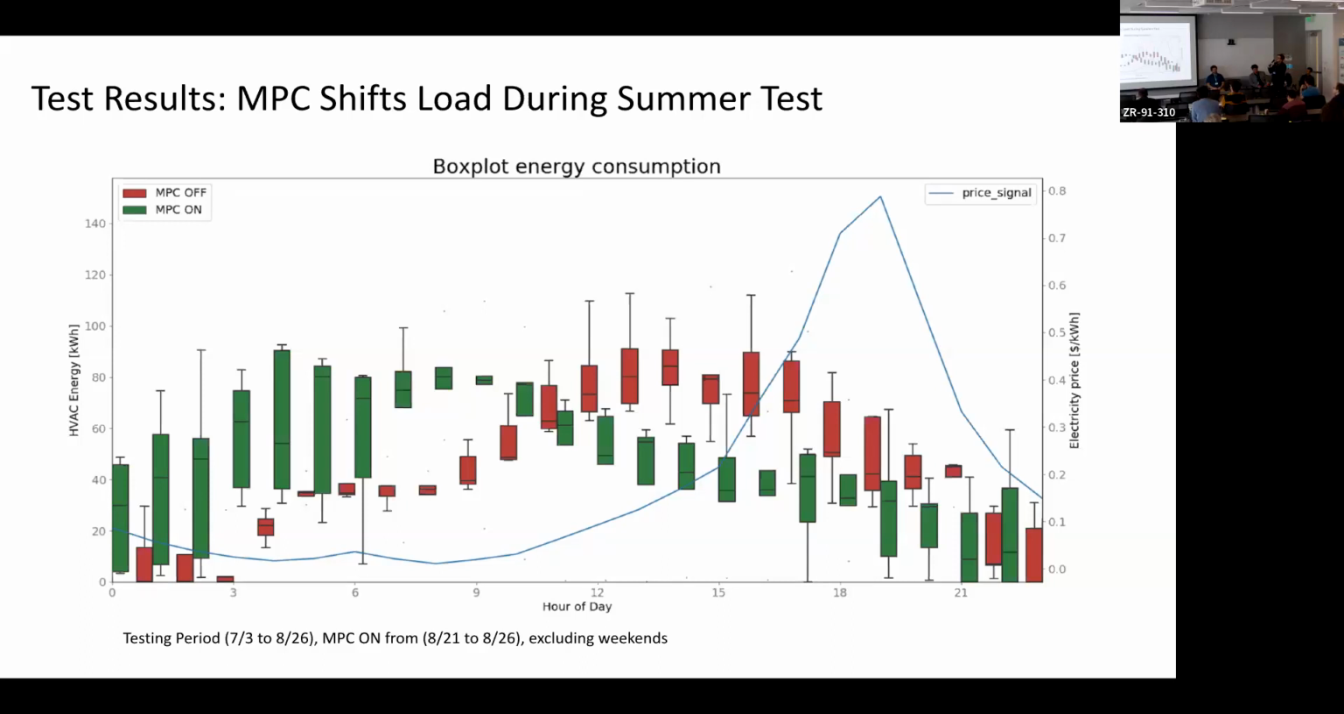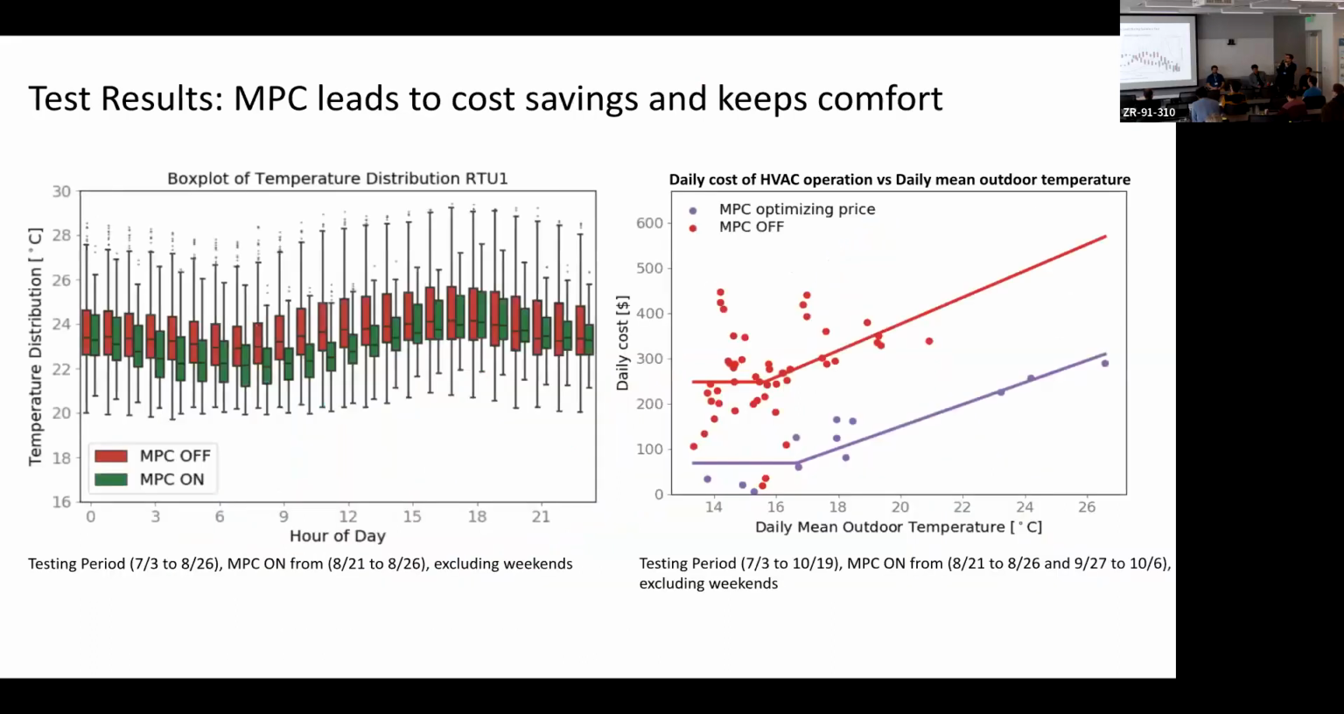In green is the MPC, and in red is the default operation of the building. You can see that by doing a lot of pre-cooling, the building is actually able to shift the load during the peak hours by up to 50%. In fact, if you look at the next slide, and in particular the plot on your left,